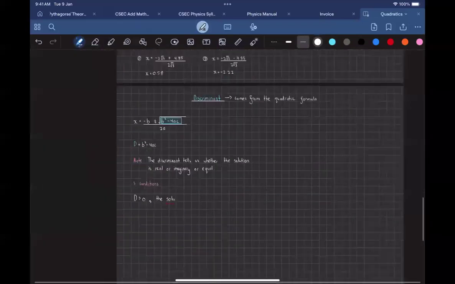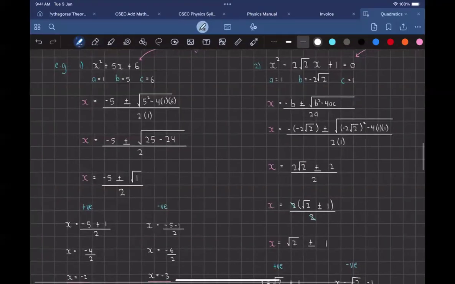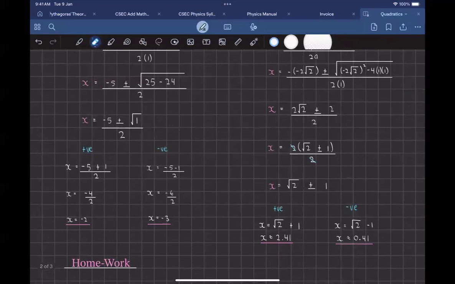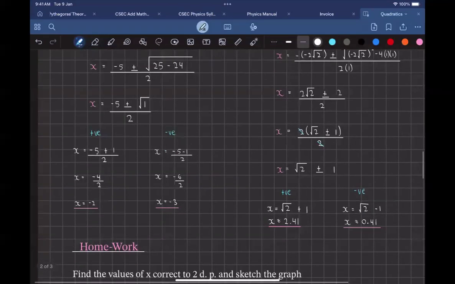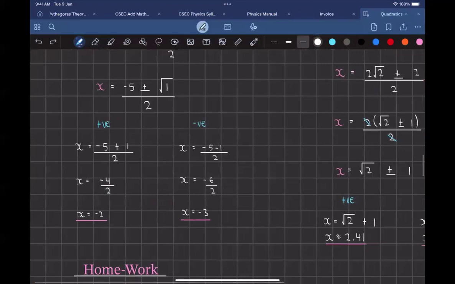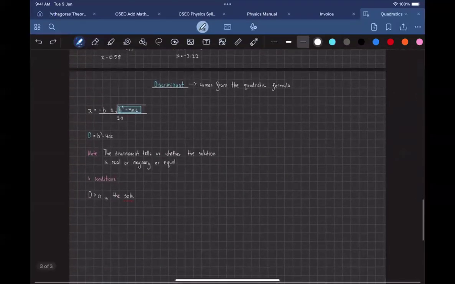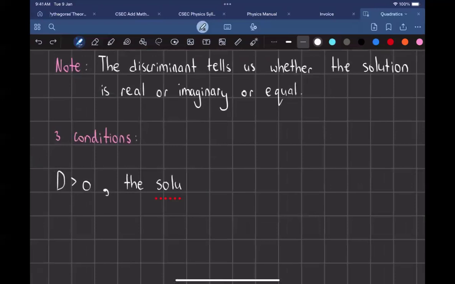So let me give you an example. Look at this example over here. What was the discriminant in this question? Basically, what we end up with inside the square root sign. It was 1, and that's more than 0. So did I have real roots? Yes, real answers, always 2 answers: -2 and -3. So when whatever is inside the square root sign is more than 0,